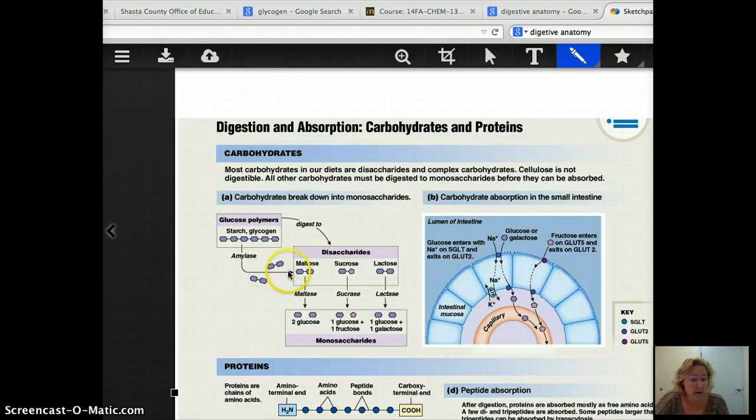Amylase breaks it down in the mouth, and then it gets further digested. Where does lactase break it down? Remember? The duodenum. Because that's where the pH is best for that to happen. So this actually starts breaking down in the duodenum, and then it's coming to the small intestine. Right before it gets to the small intestine, it's got to get in, right? It's got to break in through the lumen. This is the little loop on your lumen, right? Okay, what do we have? We have